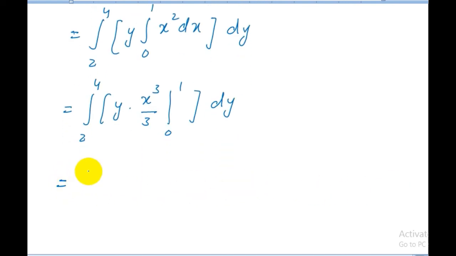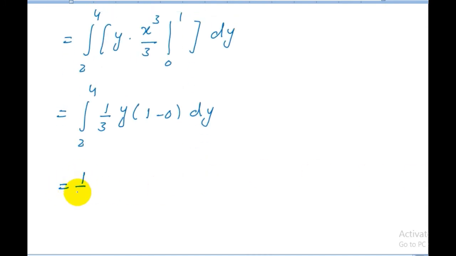Now it can be written as integration 2 to 4, 1 by 3 y, and remember the variation of 0 to 1 is the variation over x, because we first partially integrate this function with respect to x. So by putting variation of x from 0 to 1, it becomes 1 minus 0 dy. In next step it can be written as 1 upon 3 integration 2 to 4 y dy,